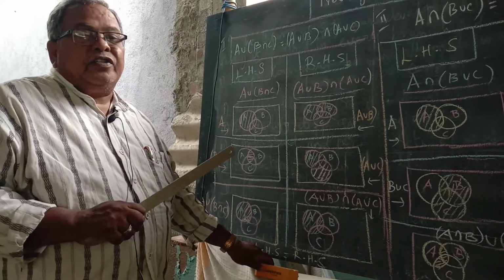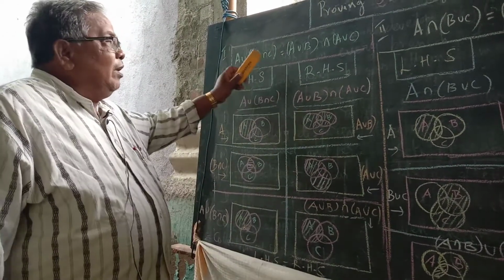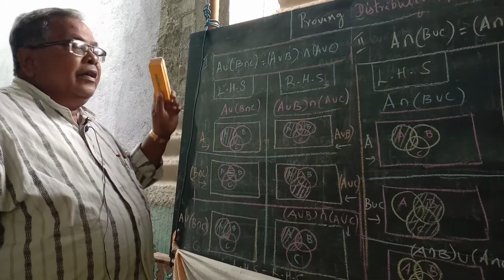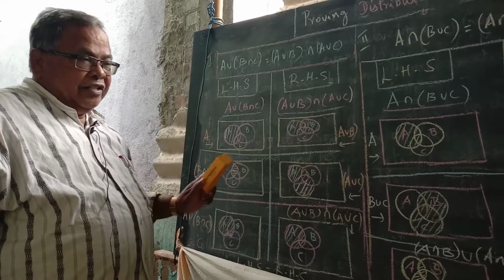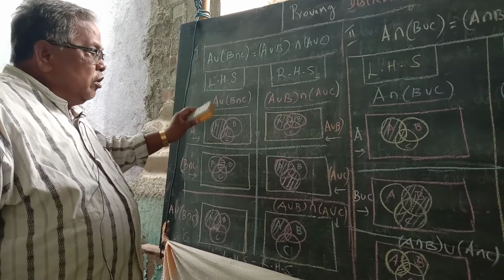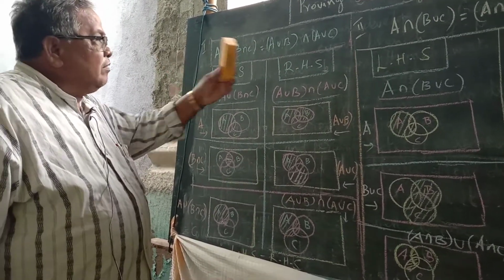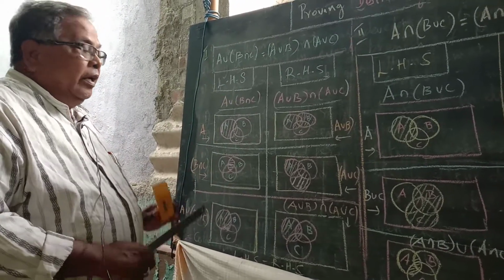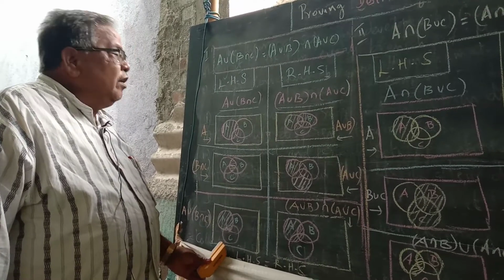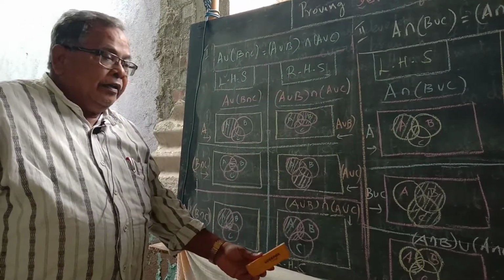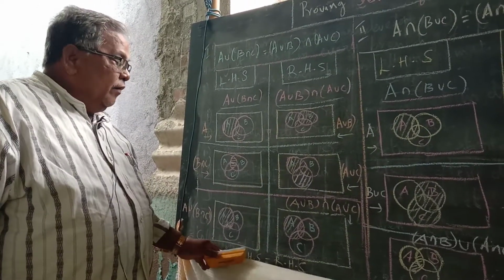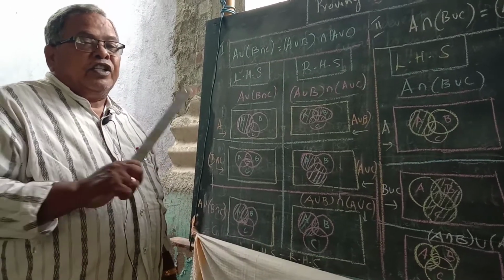This is called verification. The question will be in this form. They will give this distributive formula and ask you to verify that this formula is correct through Venn diagram. When we go on giving shadows for this Venn diagram after splitting, adjoining, in this way we will get the final picture of the left hand side, which should be equal to the final diagram of the right hand side. So afterwards finally we can write, therefore left hand side is equal to right hand side. So now the first formula is completed.